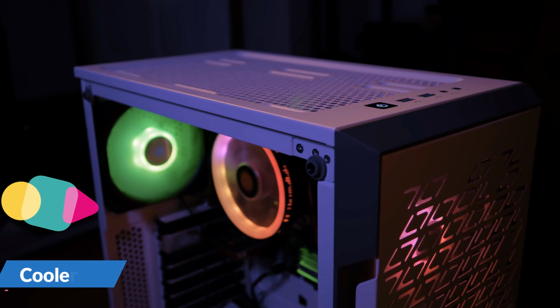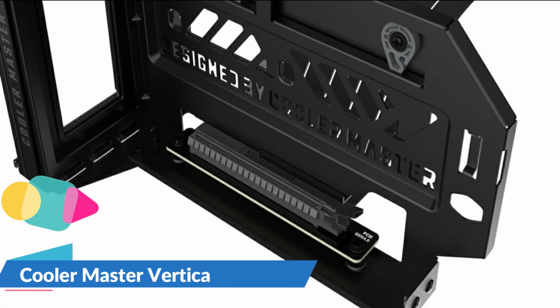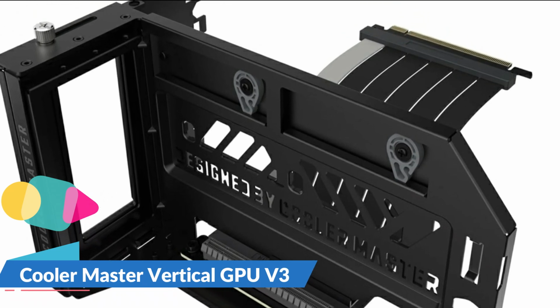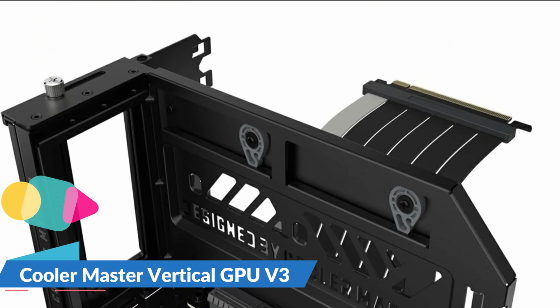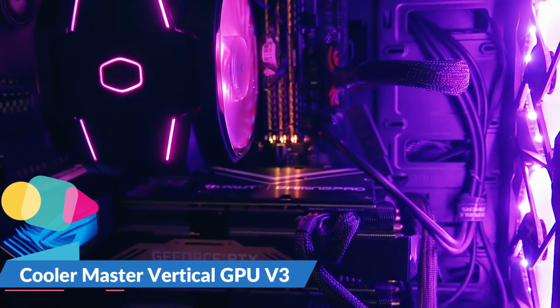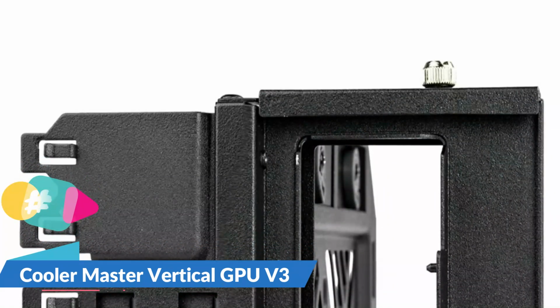The sturdy steel bracket, high-quality PCIe 4.0 riser cable, and adjustable design make it one of the most versatile and durable options on the market. With the Cooler Master Kit, the card sits securely and evenly, giving your build a clean, polished look. If you have a tempered glass side panel, the vertical mount setup truly stands out, making your PC look more